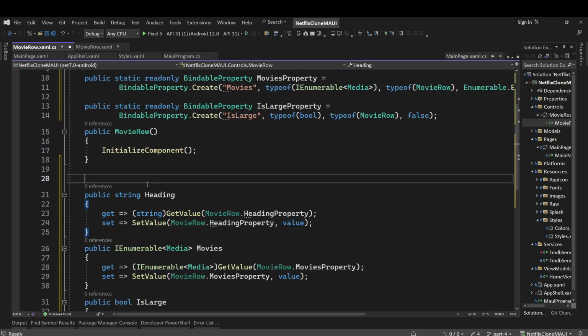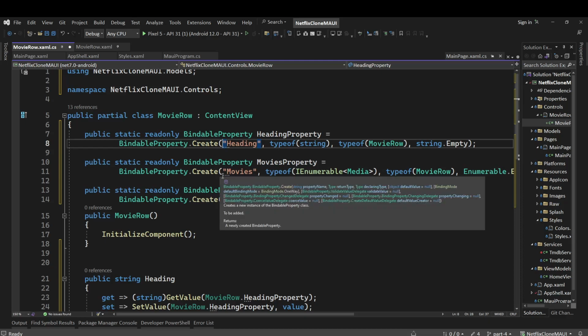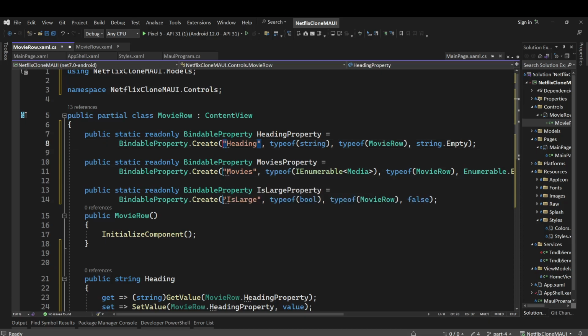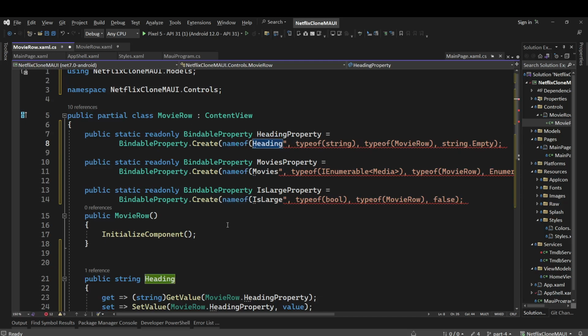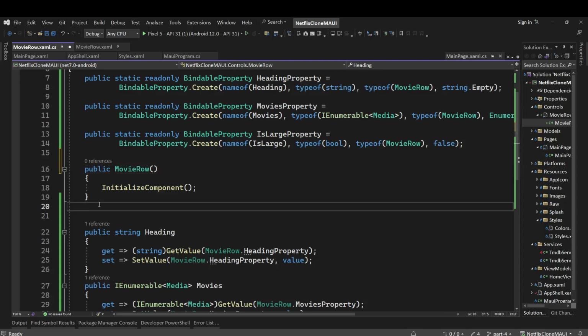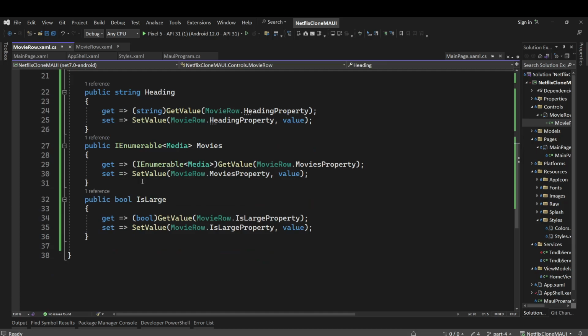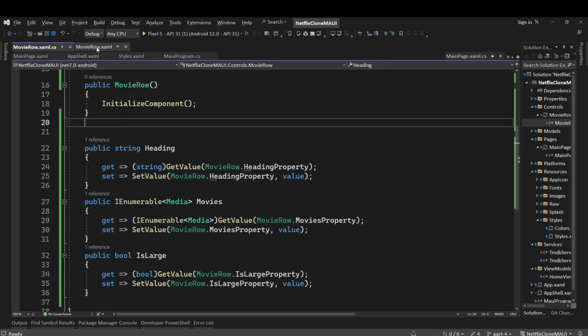Heading property. Fine. We have these, and let's change these. So instead of hard coding these, we'll use name of. So now we have our bindable properties all set now. And now let's go to